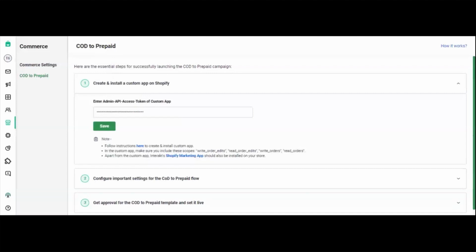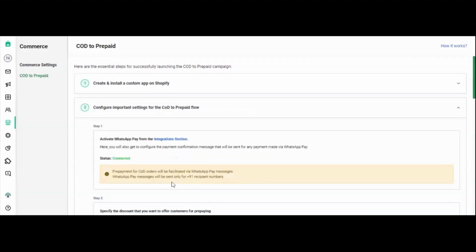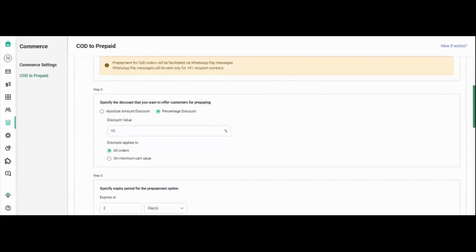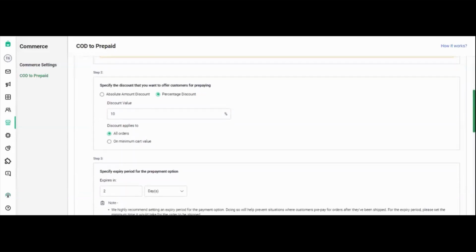Right, so you can create as many test applications on Shopify. Right, so you can do that. So once you click on save, you'll go to the next step. In the next step, it says that you have to connect your WhatsApp Pay, which is something that we have already done. Right, now coming on to the next point, it says specify the discount that you want to offer